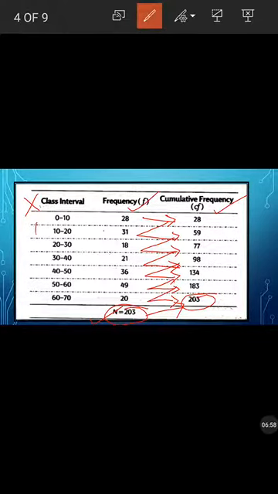So Q1 class, put it in a box like this. This is your Q1 class. And here you can see that the formula I gave you is L plus n by 4 minus Cf divided by f into I. Here L is the class limit that is given inside this box, that is 10. So n by 4 we already know is 50.75 minus Cf. Cf I've already taught you in median.